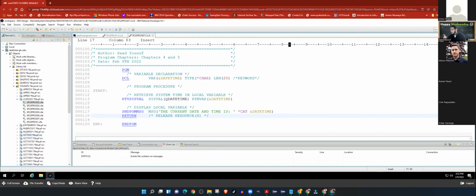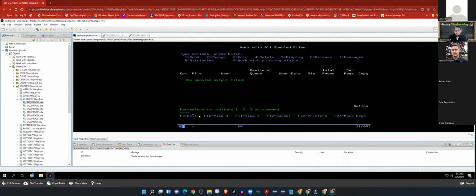So again, whenever you're done making the changes, save it, compile it, and then call it. There is no spool file involved in this one. So you don't need to check the spool files because I'm not sending anything to any staging areas. So all you need to do is just simply,